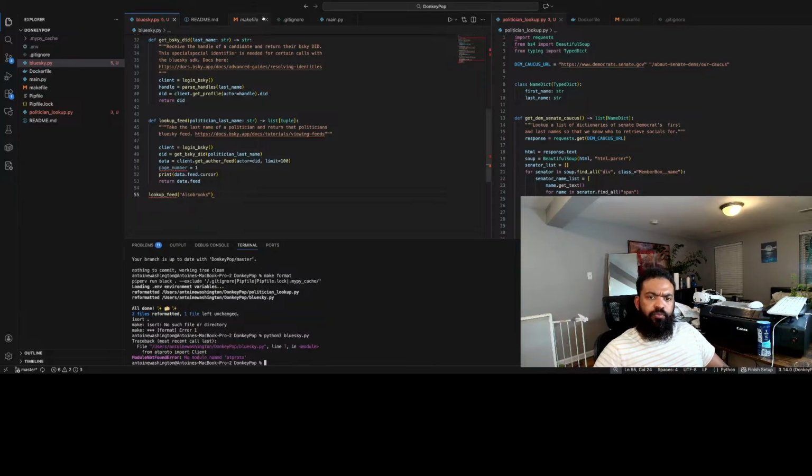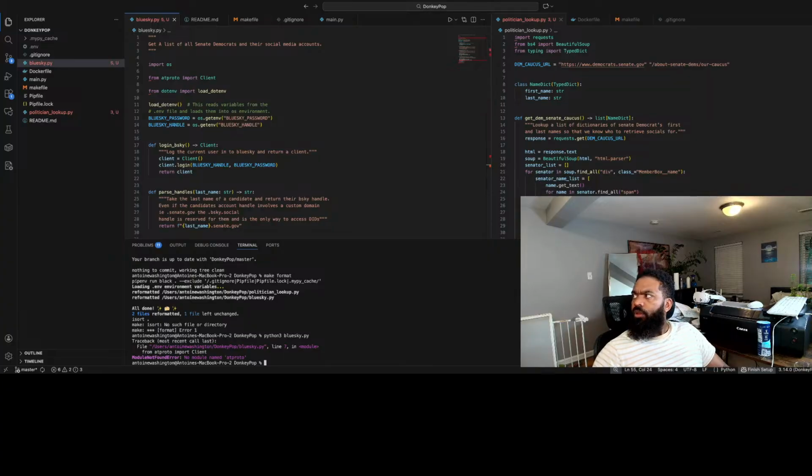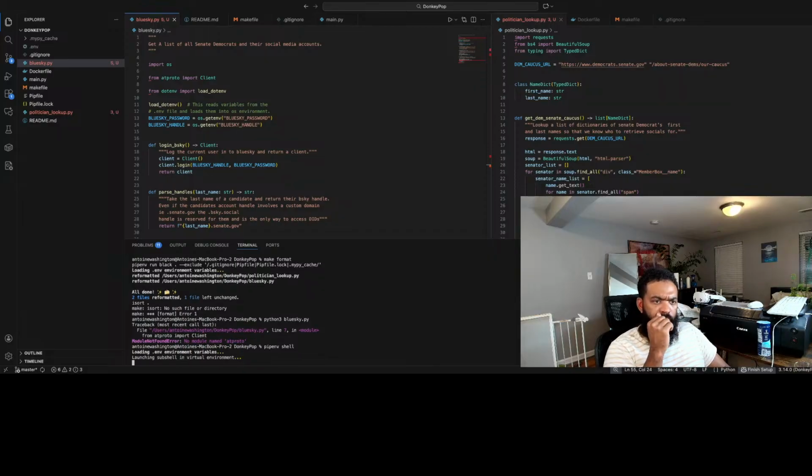No module found, atproto. Is it because... Oh yeah, I put everything in a Pipfile.